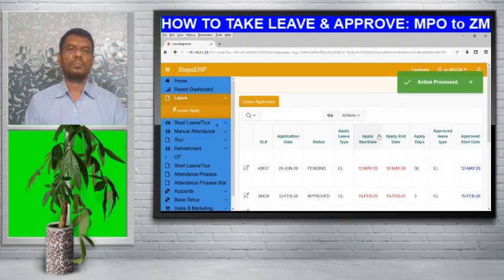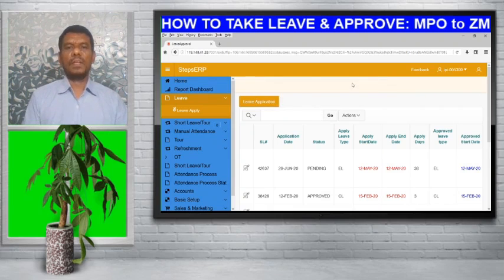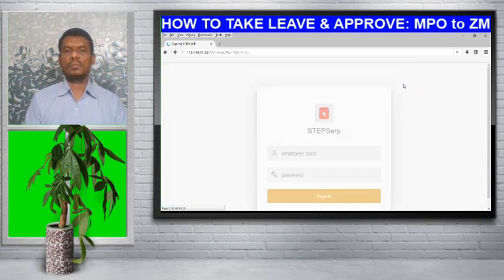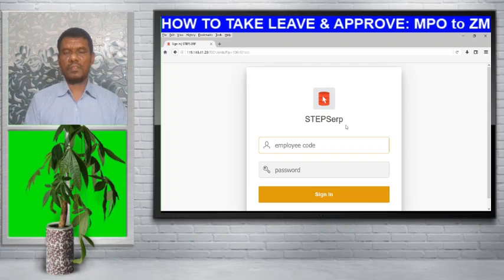Then you can see on the top right side, action proceed. That is, his application has been placed to his respective line manager. Then I shall sign out from Mr. Jahangir Rana. Then we can see the interface again.